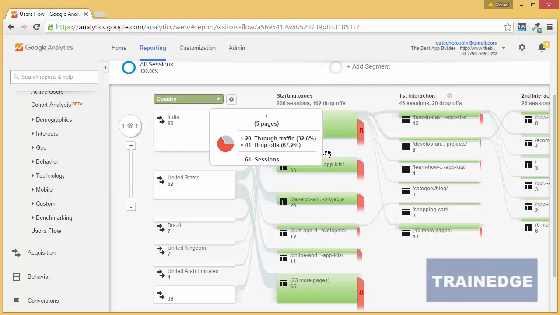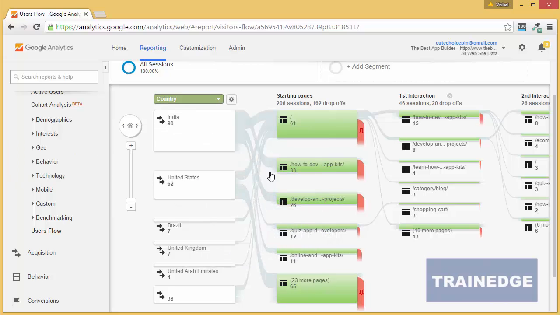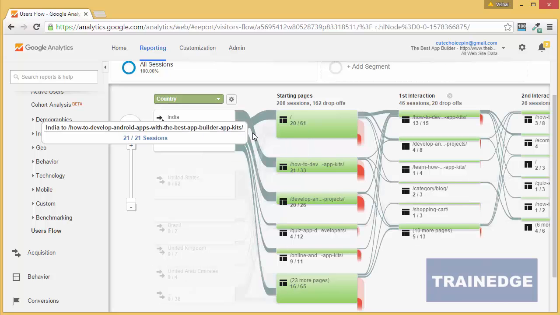If you want to focus on one specific path or node in this report, you click on that node and then select highlight traffic through here. Now you can see traffic that came from India and how it has navigated your website.